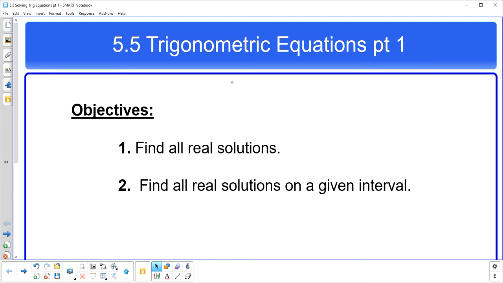Next section is going to be about what are called trigonometric equations. It's Unit 5, Section 5 in the book. We'll do this in two parts. First part today, we're going to look at ones where we find all real solutions, and we say all real